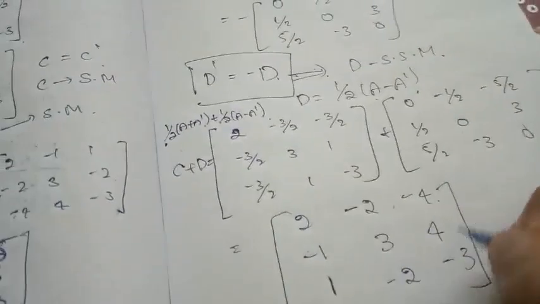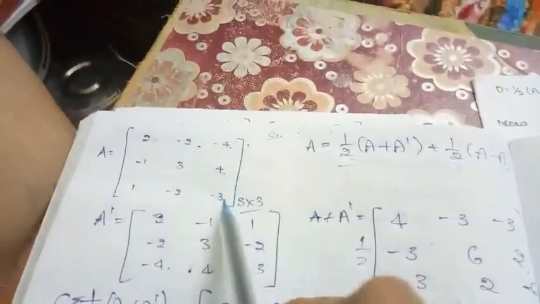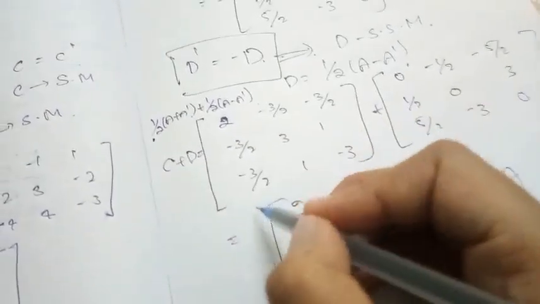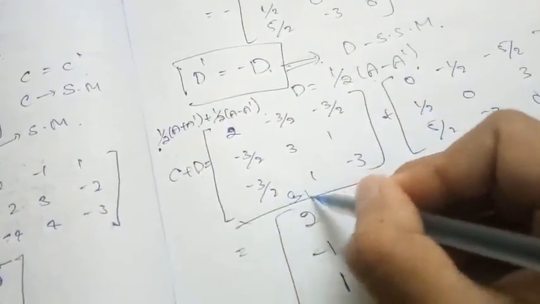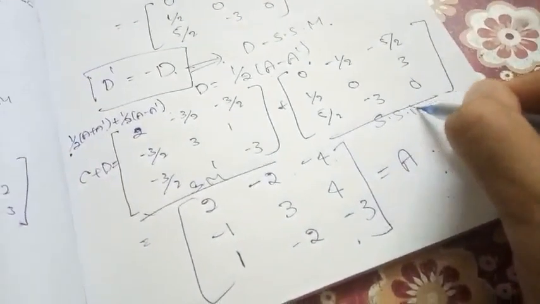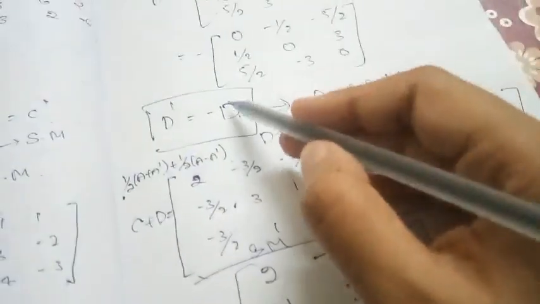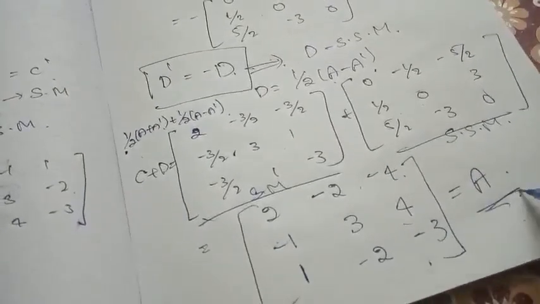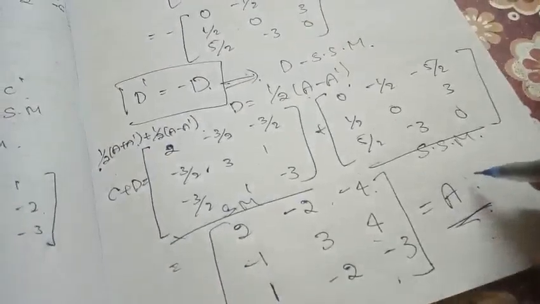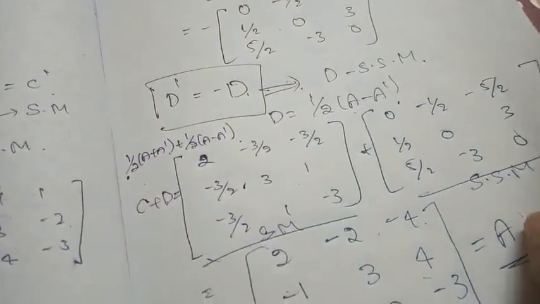Now you can check clearly, this was our given matrix. So I expressed the given matrix as the sum of a symmetric and a skew symmetric matrix, because you have shown that this matrix is symmetric and this matrix is skew symmetric, which you have shown here. Now by taking the sum of the symmetric and skew symmetric matrix, you got the given matrix. So you expressed a given matrix as the sum of both a symmetric and a skew symmetric matrix.